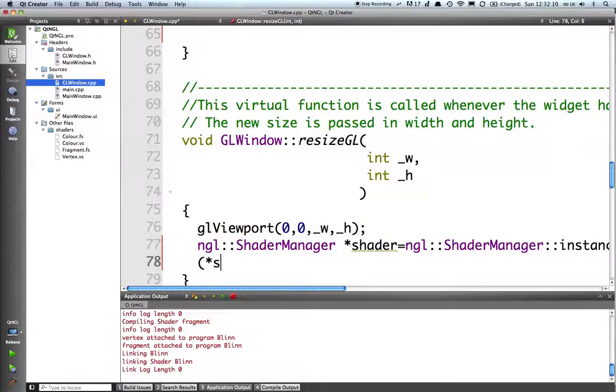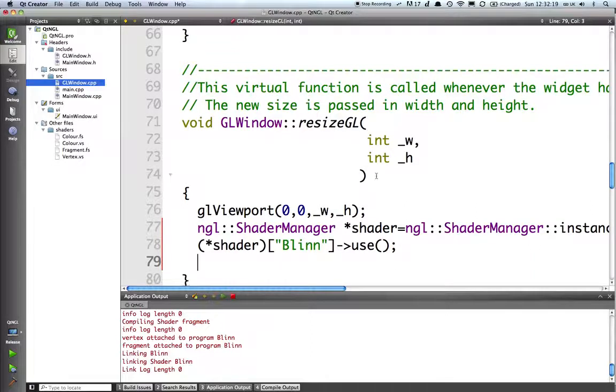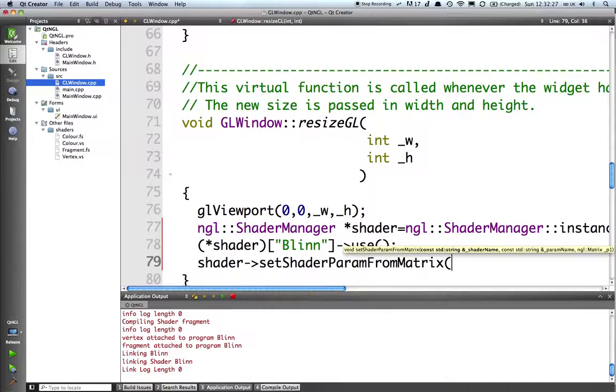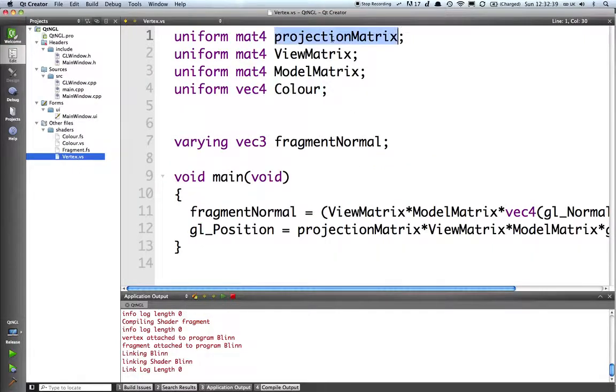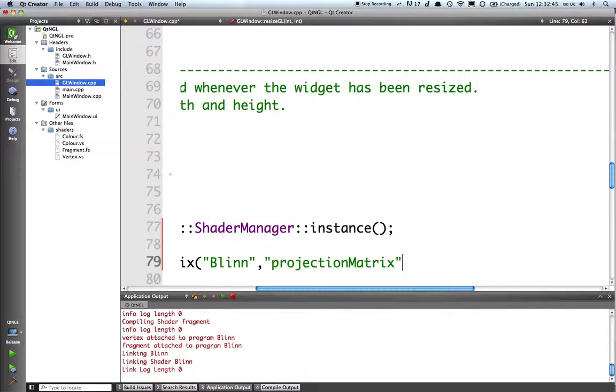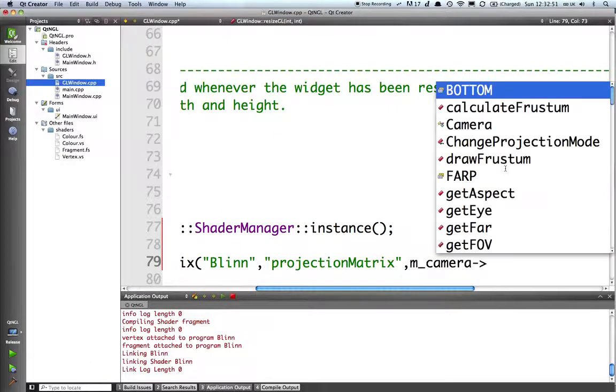So again, we'll go shader blin pointed to use, so that's now being used, and we now want to set shader parameter from matrix. We want to know the name of the shader first, blin. We want to know the name of the parameter in the shader we want to set. So again, if we look at our vertex shader here, what we want to set is first the projection matrix. So the projection matrix is there, and we want to set this from M camera pointed to